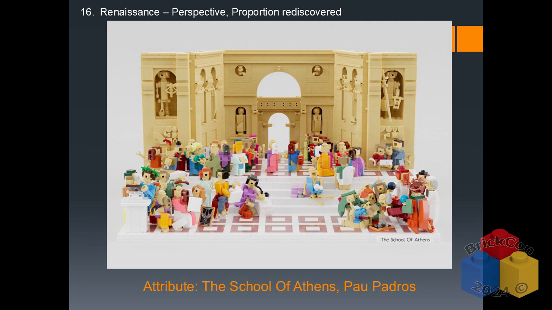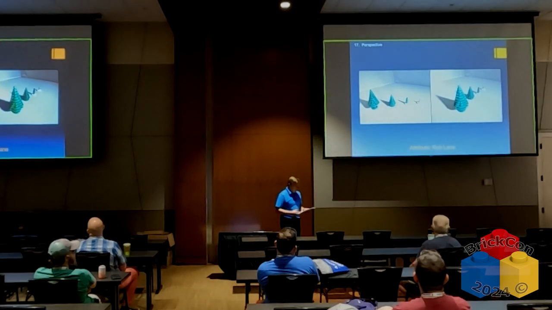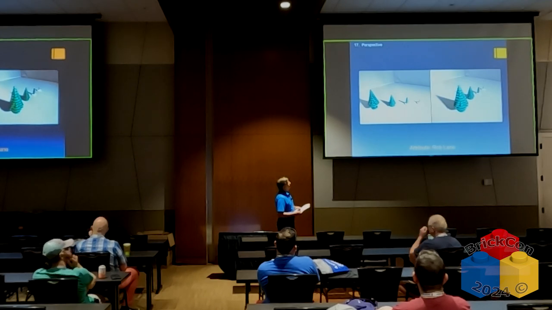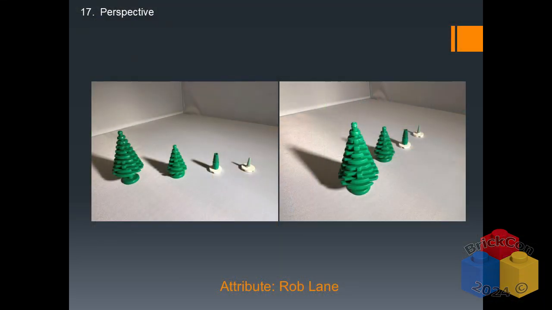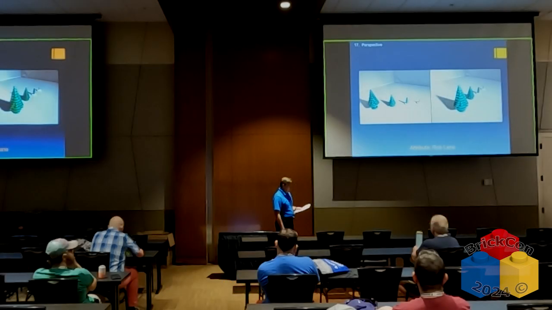So perspective would be using things in the front that are bigger and things in the back that are smaller. So in theory, the ones at the back are smaller. So perspective can be, or forced perspective. You can use these in Lego to trick the human eye. So you have the big ones in the front and the small ones in the back, progressively smaller,